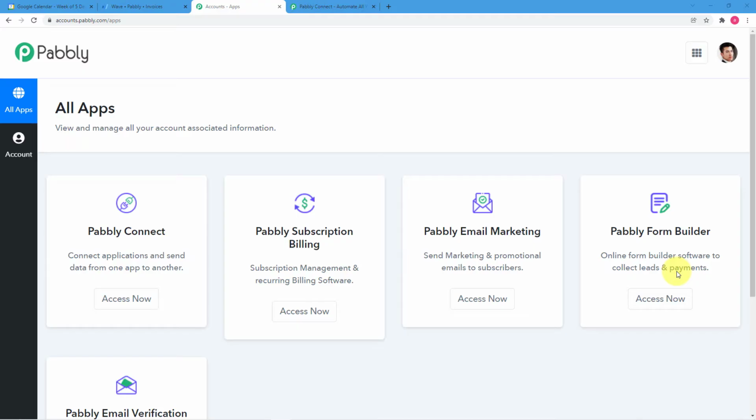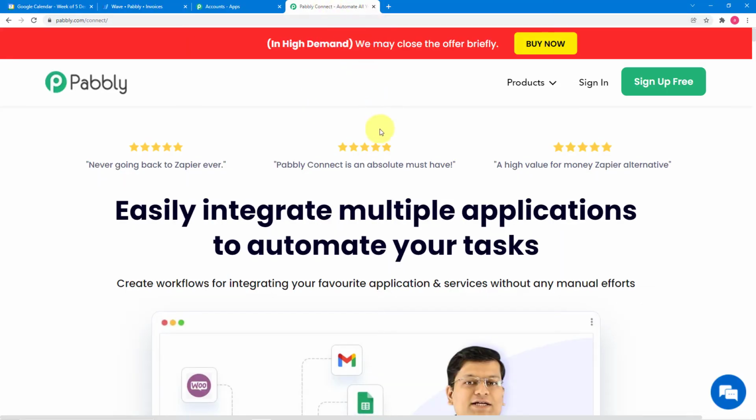Now let me show you the process on my screen of how you can also make this automation. To create this automation, first of all you have to sign in to the Pabbly Connect application, and to sign in, first you have to create an account. For that you have to reach this page by typing pabbly.com/connect in your internet browser. From here you can set up your free Pabbly Connect trial account in just 2 minutes by clicking on the sign up free button.